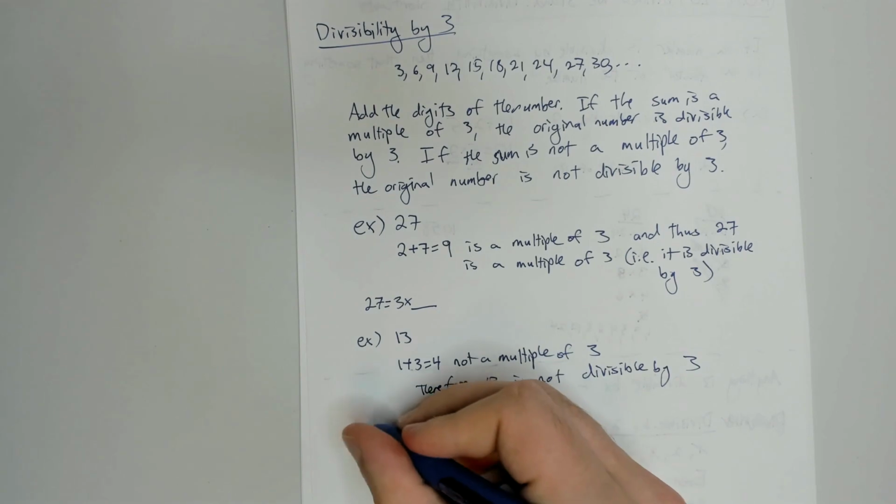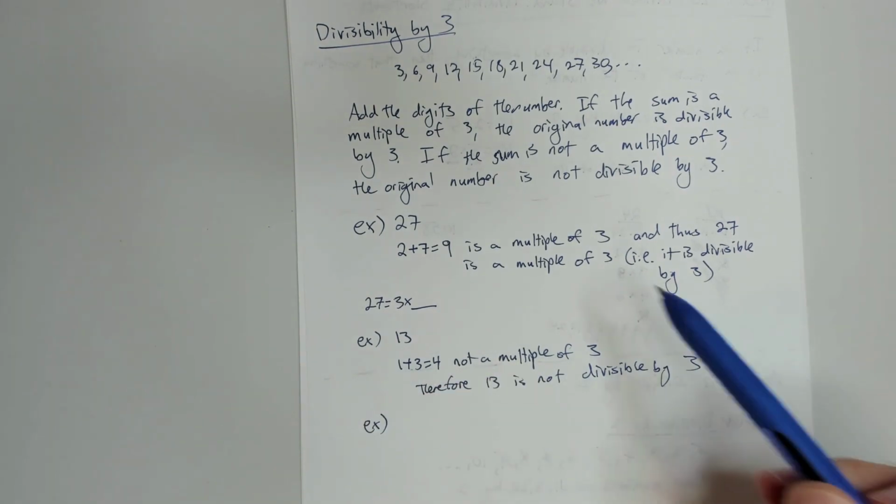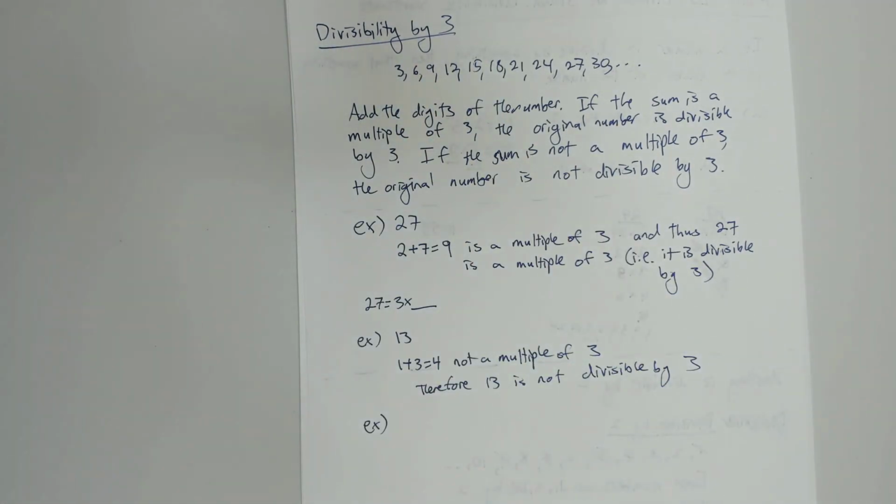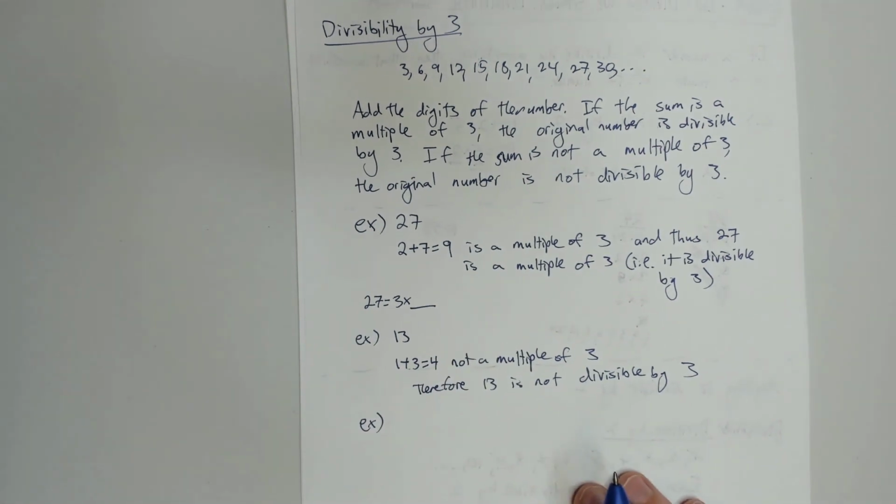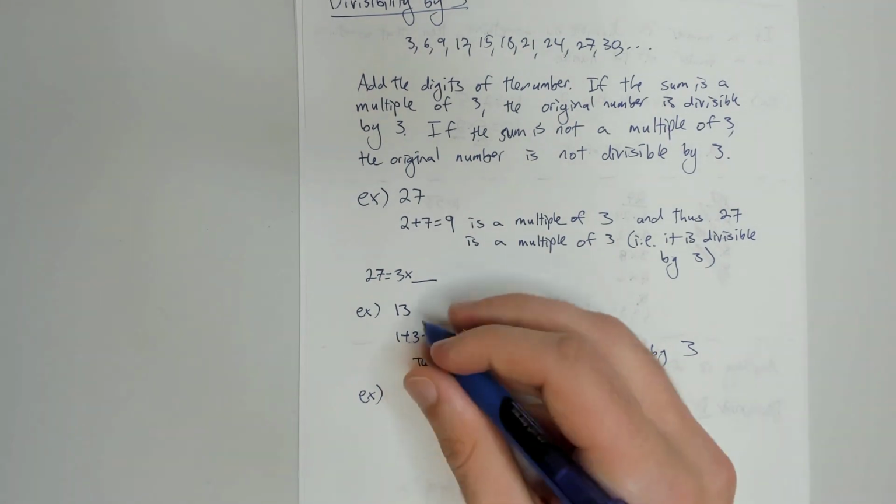But we can do bigger numbers, right? Because that's the real application of these divisibility rules, for larger numbers where we can't just easily check if the number is divisible by 3 or not. So let's do something like